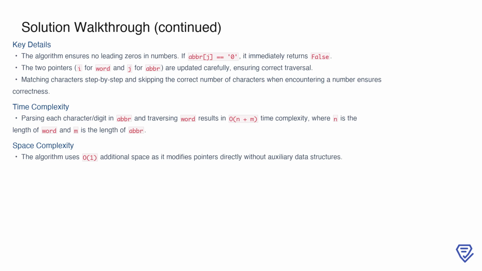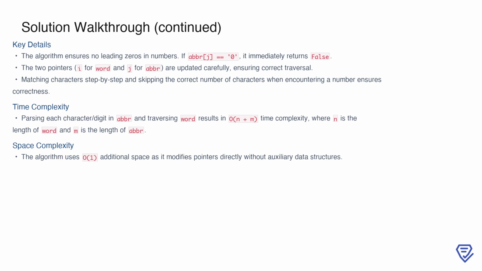The two-pointer approach, with i traversing the word and j traversing the abbreviation, ensures the algorithm processes the strings efficiently. By carefully matching characters and skipping the appropriate number of characters whenever a digit is parsed, the algorithm maintains correctness. Regarding complexity, the time complexity is O(n + m), where n is the length of the word and m is the length of the abbreviation. This is because we process each character or digit exactly once. The space complexity is O(1), as the algorithm uses only the two pointers and does not rely on any additional